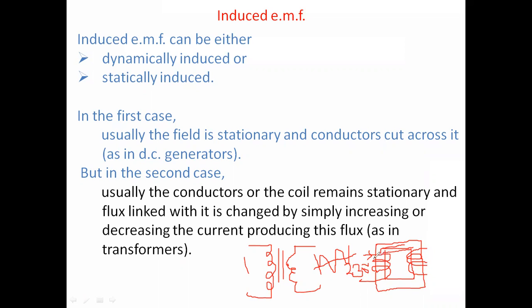First, in the primary winding, due to the applied varying current, the flux will be generated, and due to that variation, the same flux travels through the secondary winding. The flux cuts the conductor, and due to that the EMF will be induced in the secondary winding. Like this the statically induced EMF applies to transformers. The principle used in the transformer is statically induced EMF.